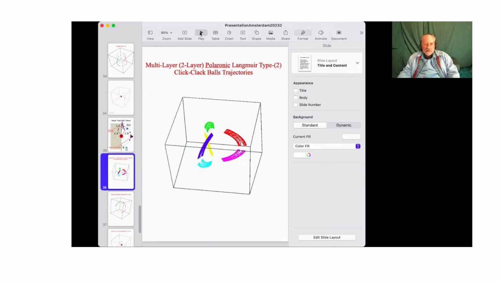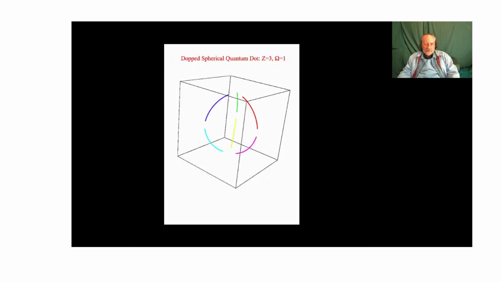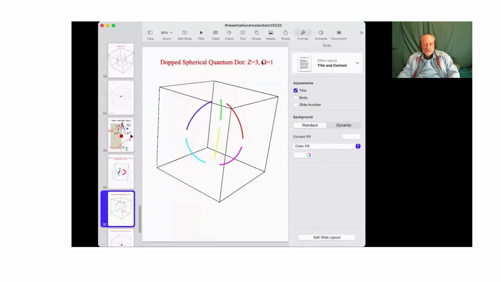Okay, and now to be more clear, this is when you focus them. Okay, these are the Click-Clack Bose trajectories for 6 electrons, when you focus the initial conditions properly. Okay, this is quantum dot for Z equal 3 for lithium, or quantum dot with lithium core, or effective potential Z if scaled, because you can scale this also. And this is omega in units when you have one solution, and then you can scale this also, because classical mechanics scales and quantum doesn't.